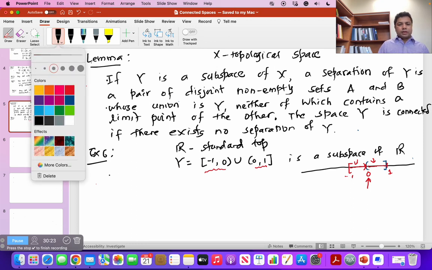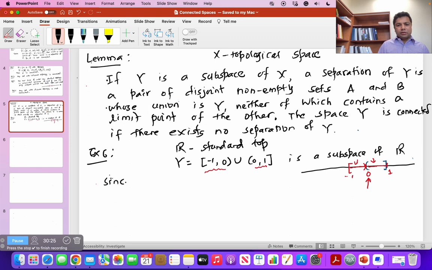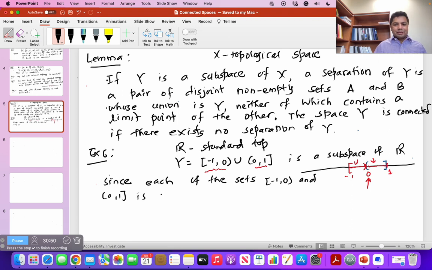Okay, so let me write down what I just described. Since each of the sets [-1, 0) and (0, 1] is non-empty,